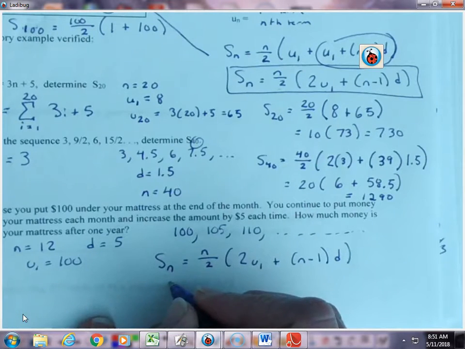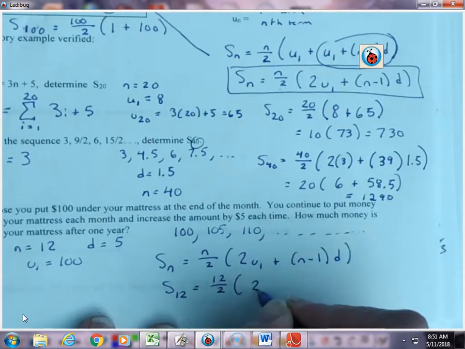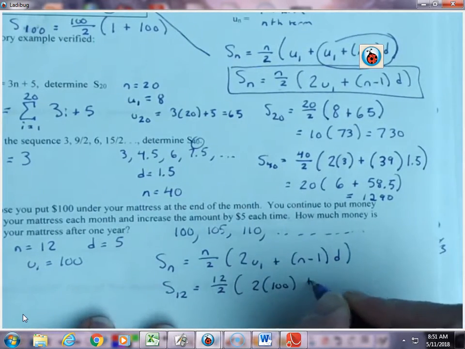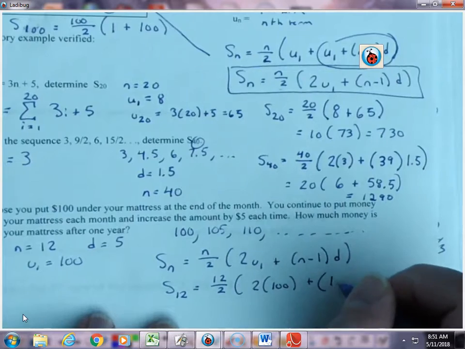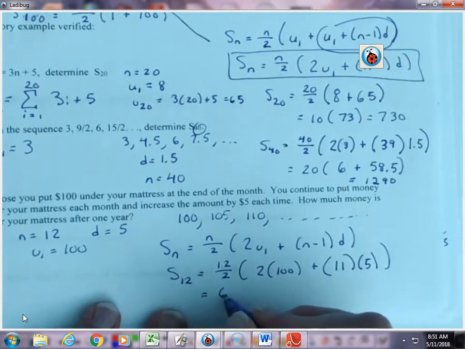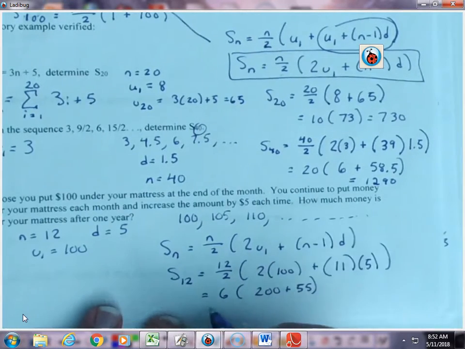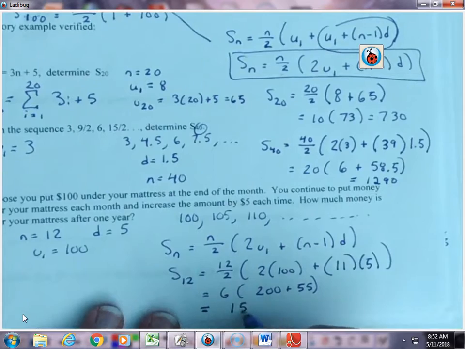So this would be S sub 12. So it would be 12 over 2. 2 times 100 plus N minus 1, so that just be 11 Ds. So 6 times 200 plus 55. And hopefully that comes out to